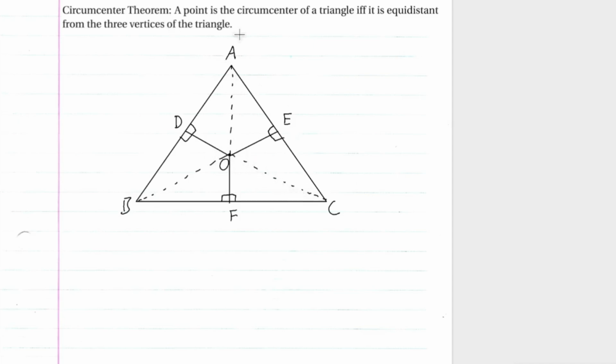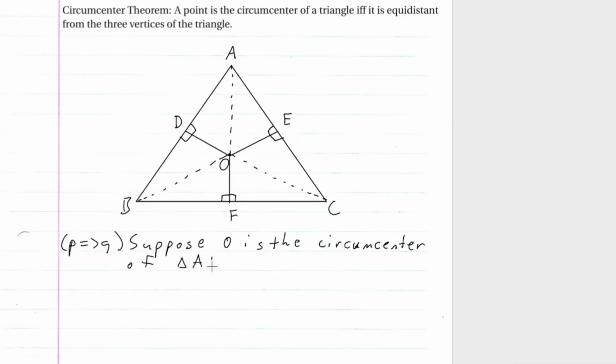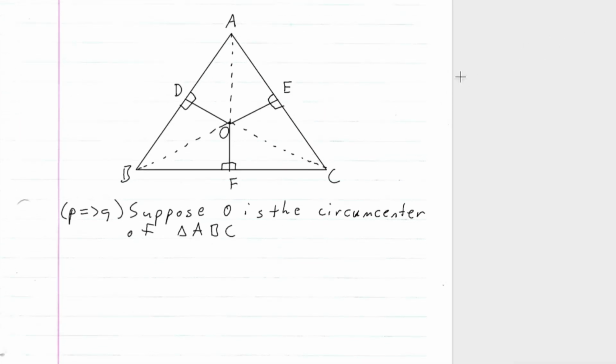So the first part is we're going to do P implies Q. We're going to suppose O is the circumcenter of triangle ABC. So what it means to be a circumcenter is that all of these are perpendicular bisectors that meet at